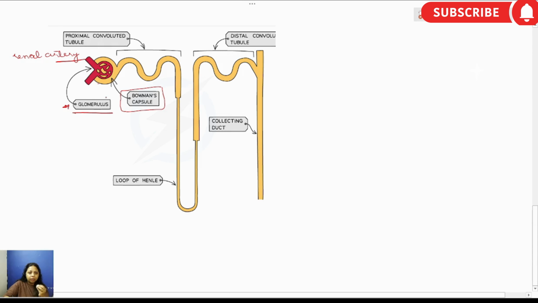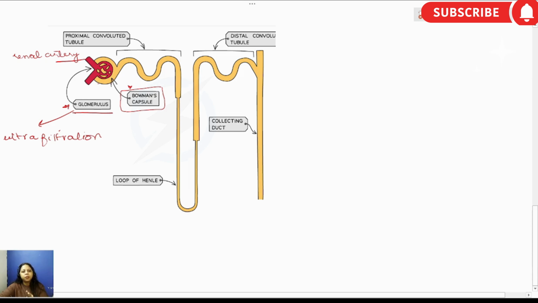These are important words that we must know because we need to use them in our answers. So Bowman's capsule has the glomerulus. The function of the glomerulus is ultrafiltration. What is ultrafiltration? The blood in the renal artery is coming directly from the aorta, and the aorta has the highest blood pressure. So the blood moves through great pressure into the glomerulus,